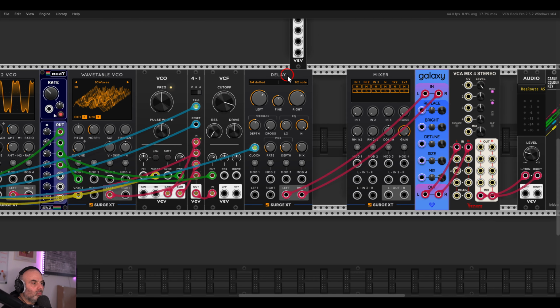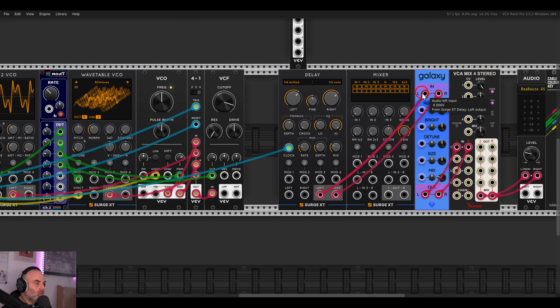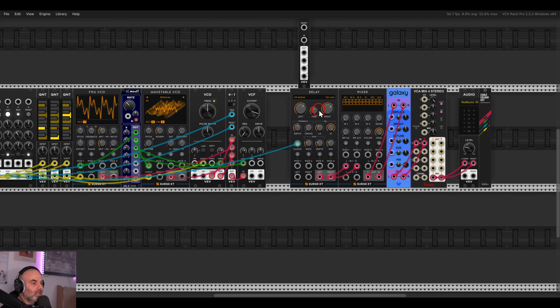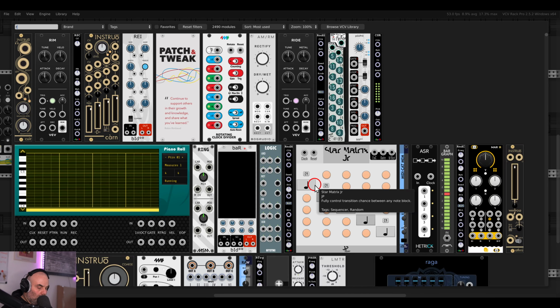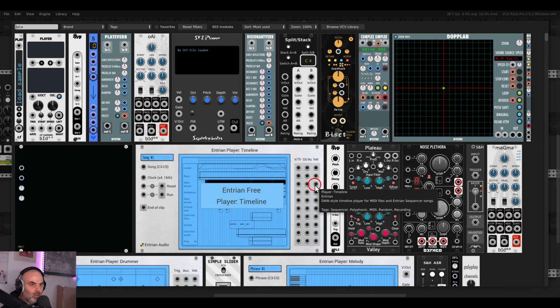Right, which is a stereo mixer. So again, we will have the delay on one channel, right, and this will go to Galaxy, so we're going to mix in a few different effects. Right, so let's say a delay here, and then let's say maybe plateau,